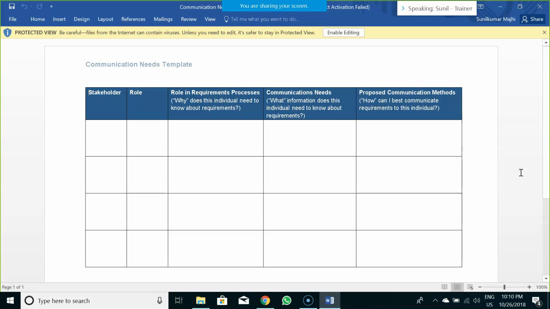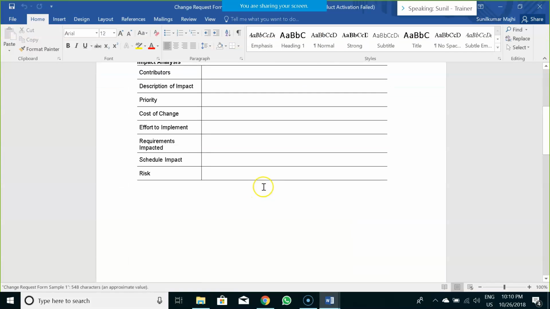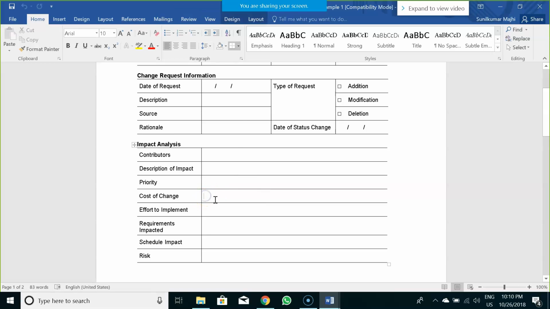One more thing I wanted to highlight is that when you are practicing agile in a maintenance and support project, your billing is based on the size of the change. In the template you see, there is a section called cost.